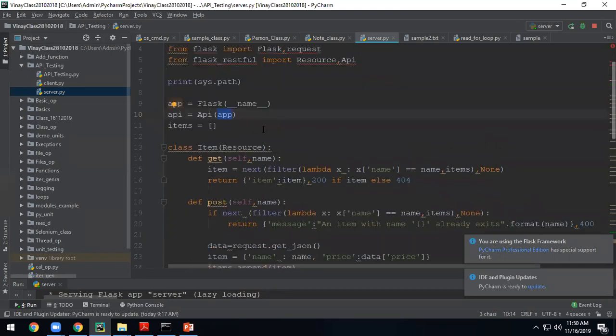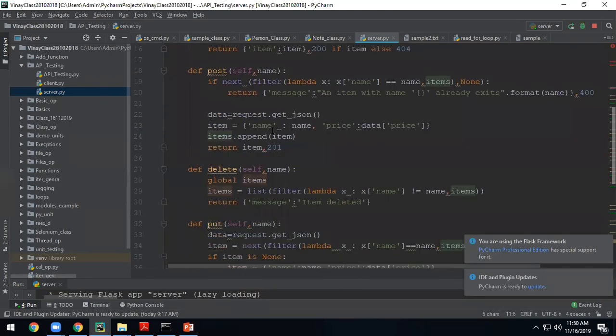What do you want? We wanted a server where we store some data. Data here is kind of a resource I'm talking about. Everything is in the form of a resource. Now here I'm calling it a store. Store means it will store a number of resources. Here what I am trying to store is some kind of items. It can be chair, table, something like that. It can be anything, but I'm taking it as a normal store, so it will maintain a list of items.